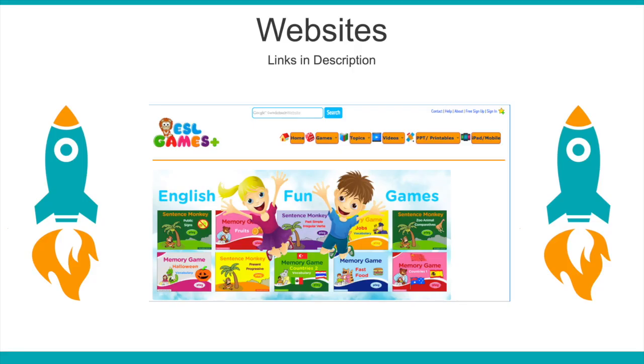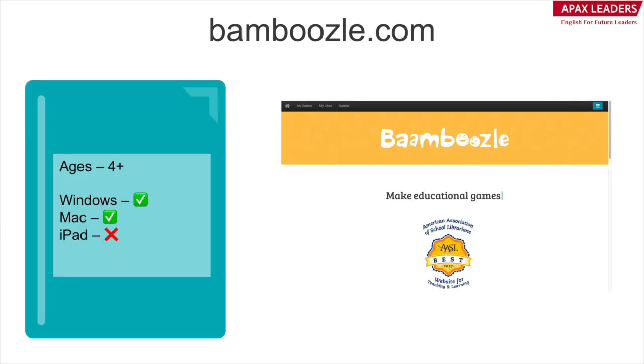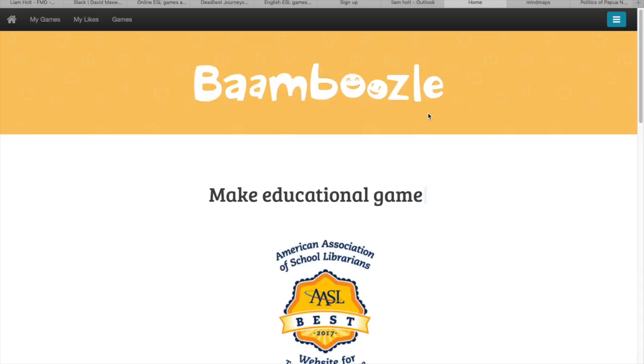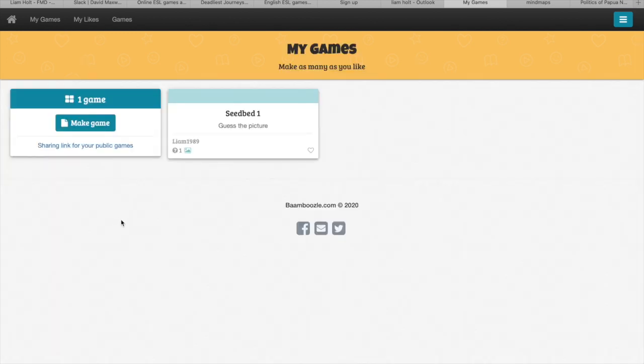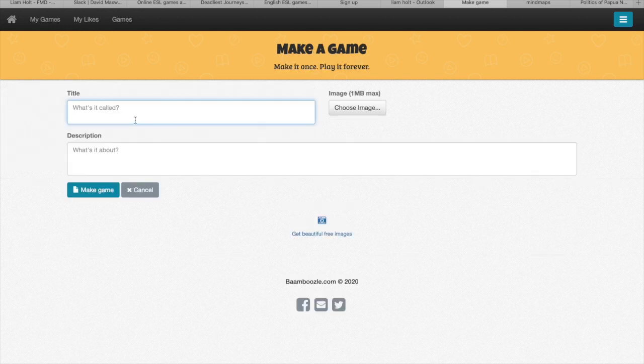Now we'll move on and take a look at some useful ESL games websites, which can easily be incorporated into your lessons. First one is bamboozle.com. So once you've logged in and created an account here at Bamboozle, you can go to My Games, and here you can see a list of the games that you created. To create one, you simply go Make Game, put in a title and a description,